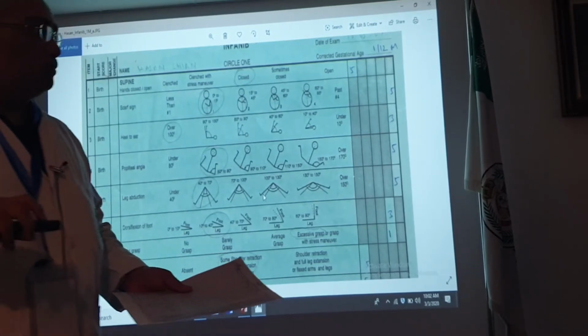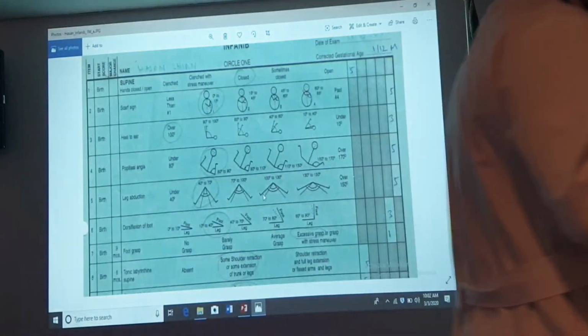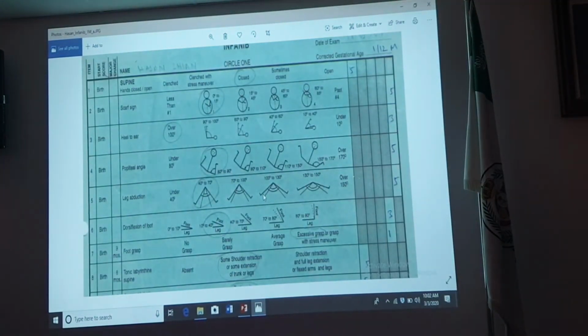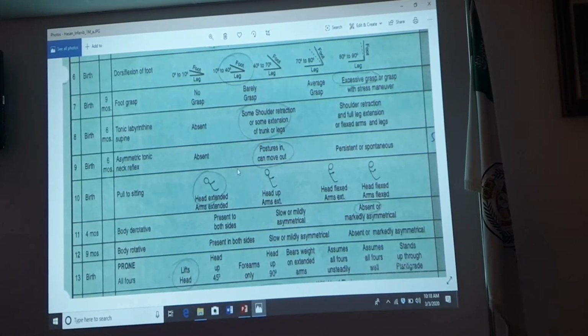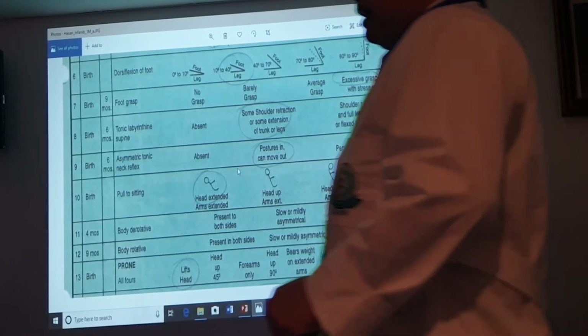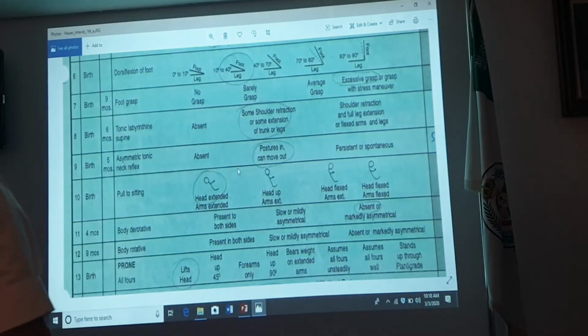The popliteal angle, what you have to do is, the first condition is both hips. So the absent